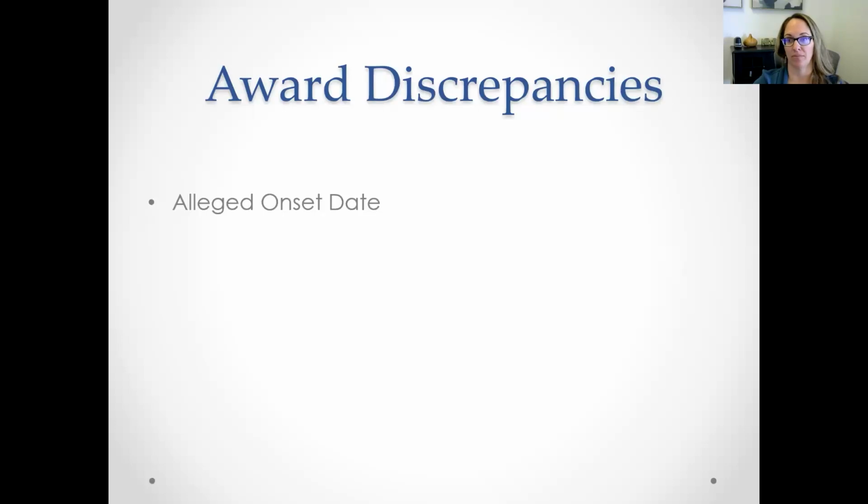Again, onset date, we already talked about that. If the date that you said you became disabled is different than the one that Social Security finds, you can choose to appeal it or not. You might not always want to, even though you might get more back pay. It might throw your whole decision into question if you appeal the onset date. So there's sort of a risk analysis there that you have to do. Sometimes it's worth it though. This is where having an attorney to guide you is important.